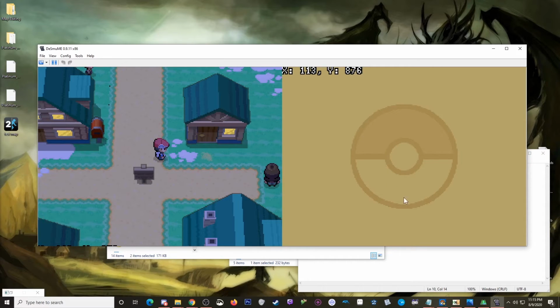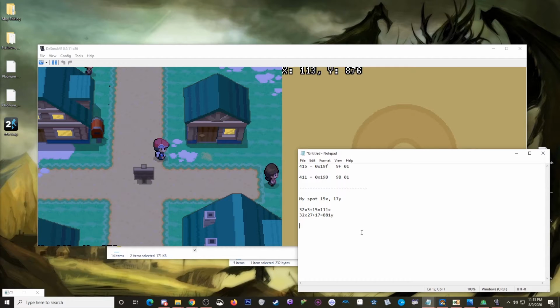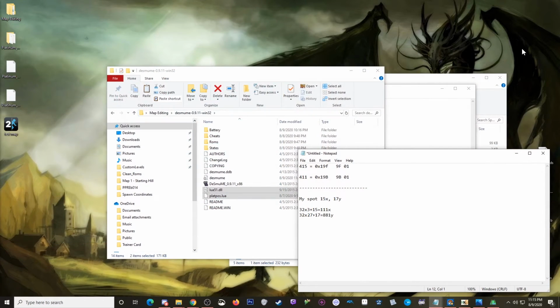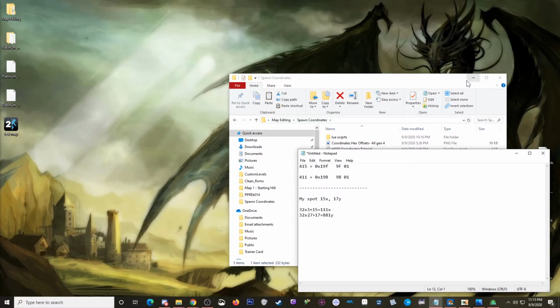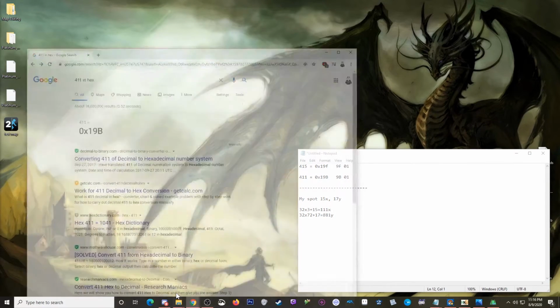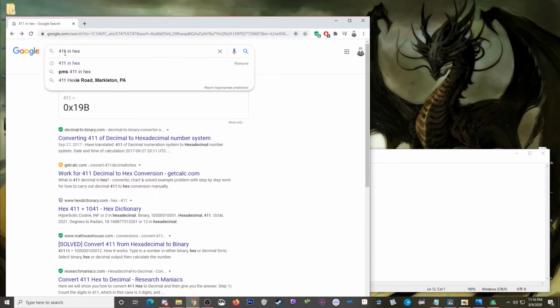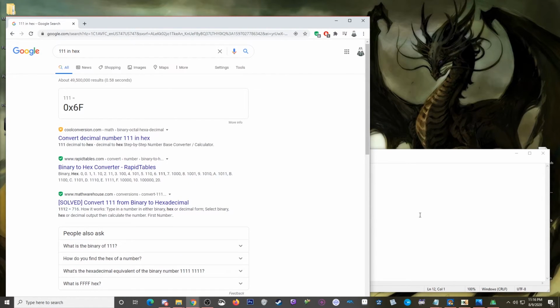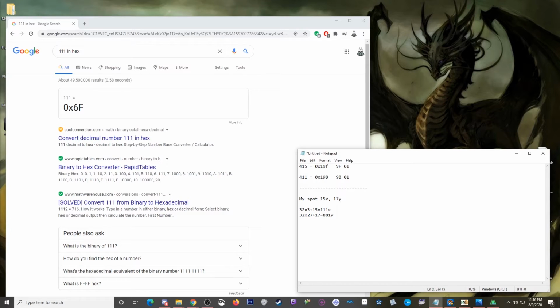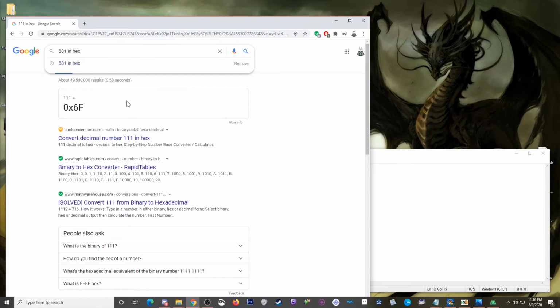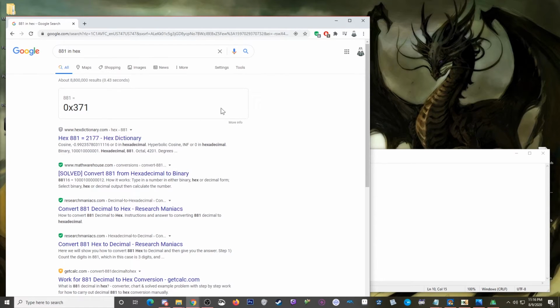Anyway, again, I have shown that I have done my third grade teacher proud, and my X and Y are 111 and 881. So the last thing I have to do, no matter how I found these, I can close this down, and get these out of the way. Going back to Google to find 111 in hex. So that is 0x6f. And then we need to find 881 in hex, which is